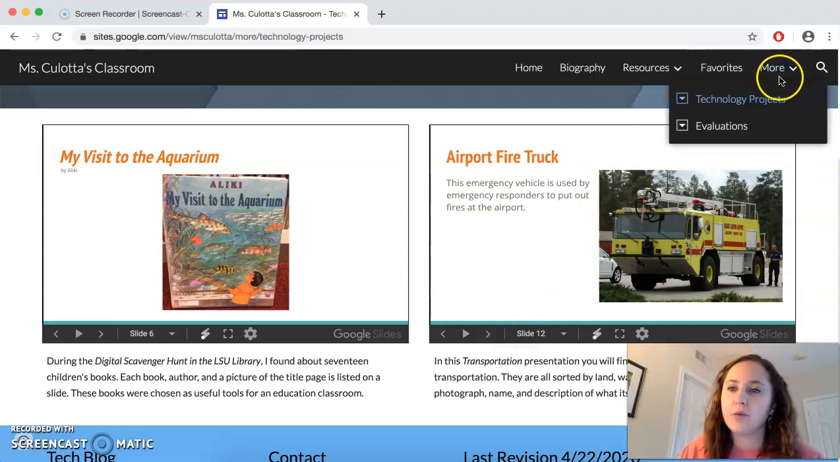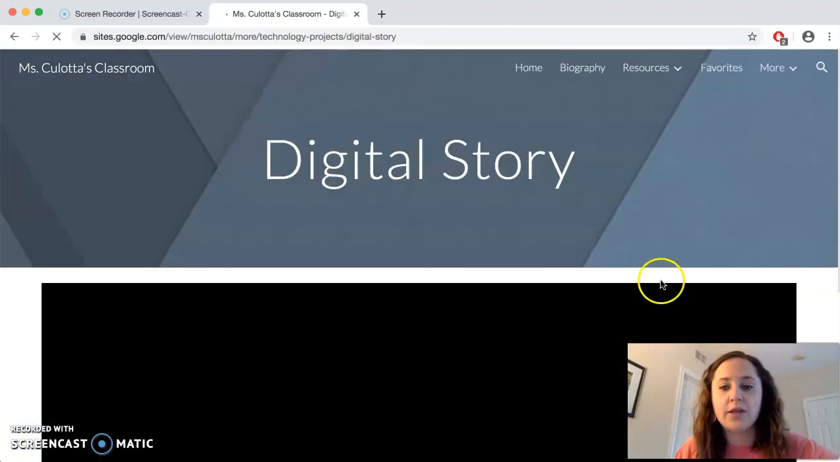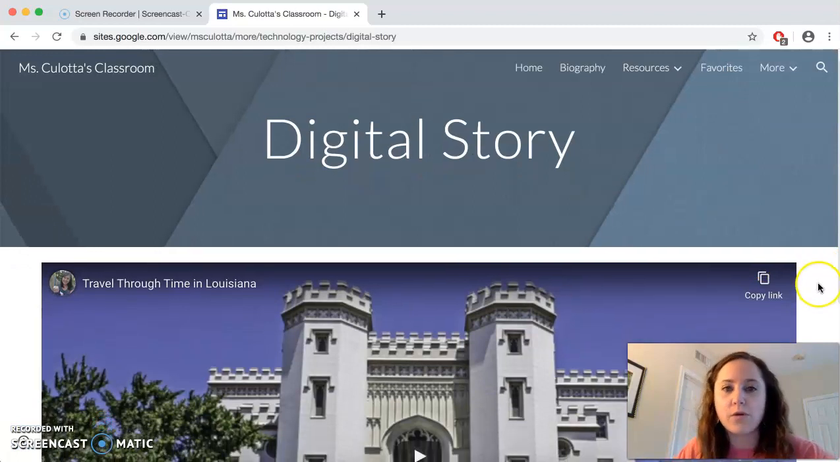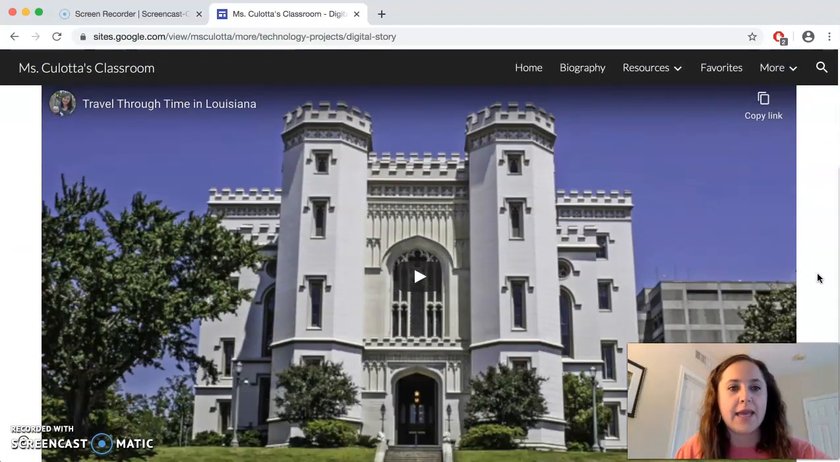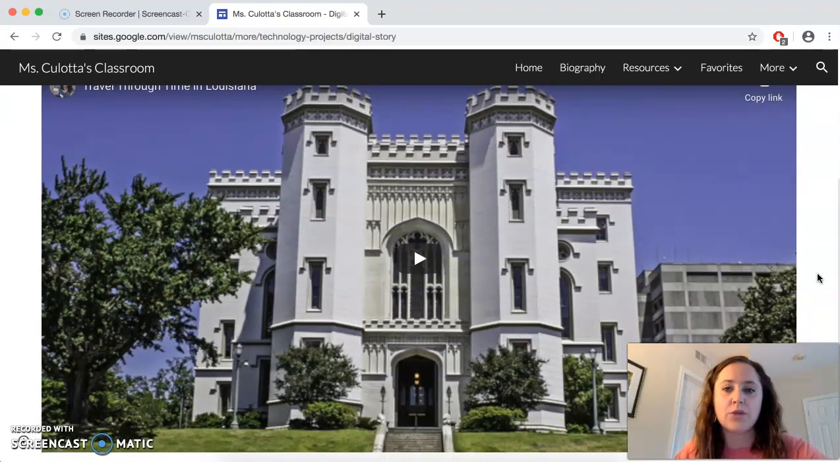So moving back to the More tab, under Technology Projects, we have our digital story. This digital story is about 4.5 to 5 minutes long, and it's called Travel Through Time in Louisiana. So this story goes through different historical events throughout Louisiana, throughout the whole state, including dates and cities and the time periods. So starting all the way back to the first settlement when Louisiana was the Louisiana Purchase, and